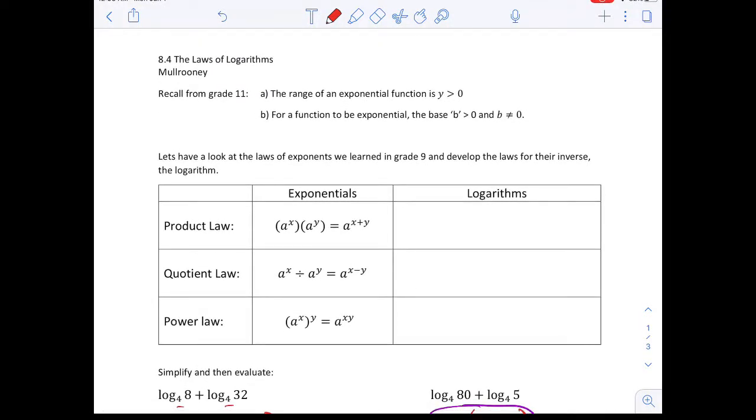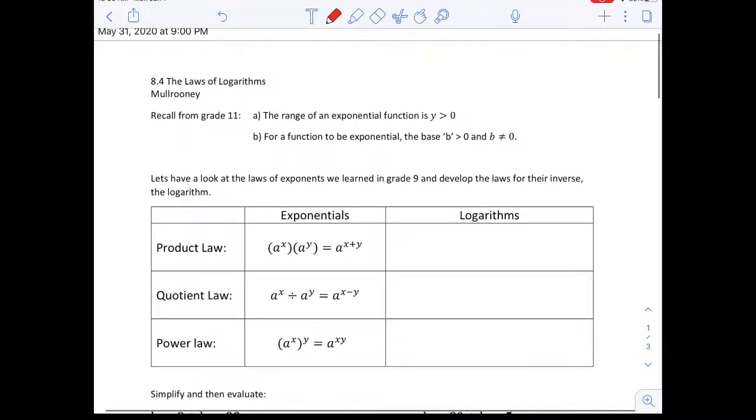Hey everyone, looking at 8.4, the laws of logarithms. We're going to go through a couple of points first before we get to the actual laws below. So first things first, we know that the exponential equations look like this,